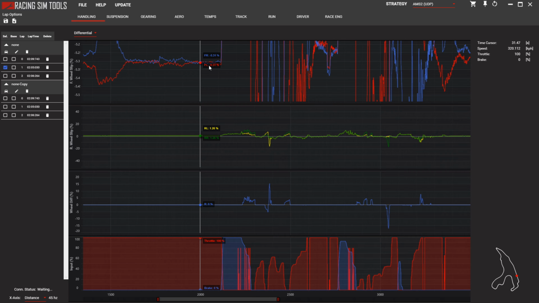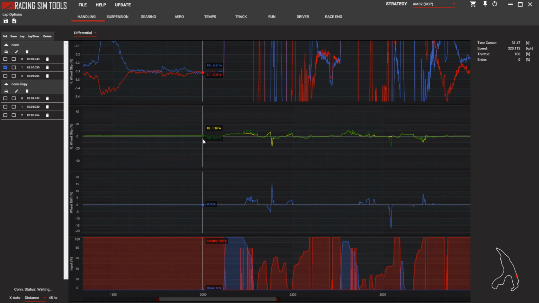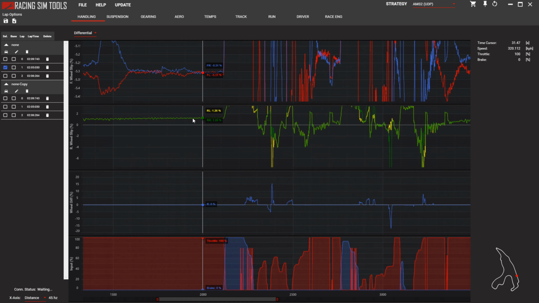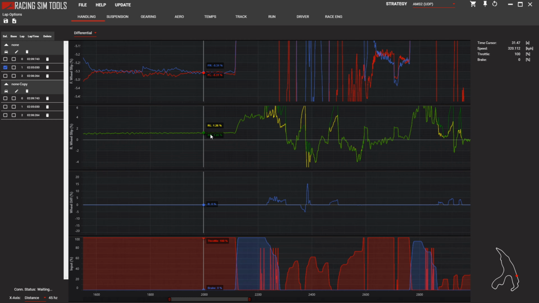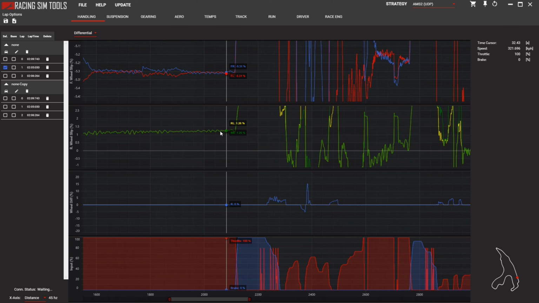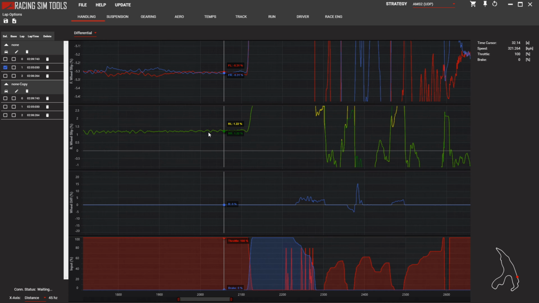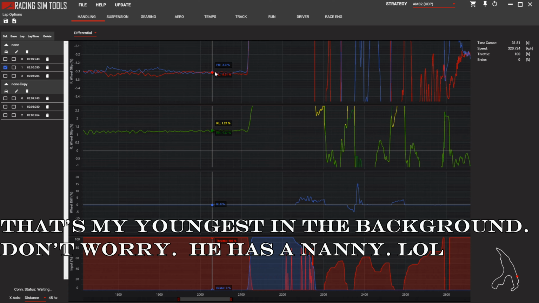Zooming in, adjusting the graph, and then we're going to also zoom in on the rears as well. Let's see here. Yeah, that's a good spot right there. At the end of the straight is when the car is probably the most stable. Now you can see, if we're looking at it, it's oscillating. That means there's just minimal slip going down the straight. So the perfection isn't necessarily possible, but this is a good spot right here,